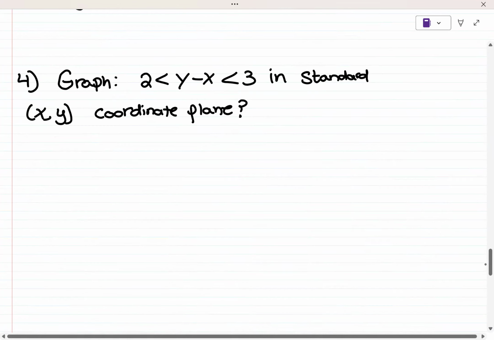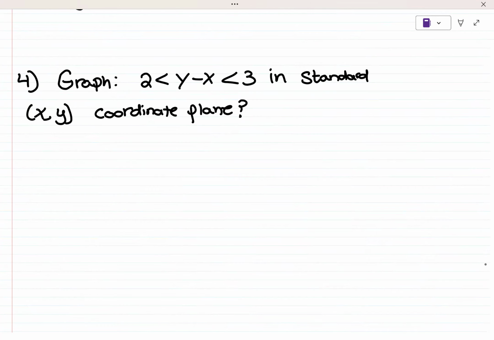Okay, question 4. It is a multiple choice. It says graph, but I didn't put the multiple choice in. So question 4 says graph 2 is less than y minus x is less than 3 in the standard xy coordinate plane. So how do you do this? Can you put this exactly in Desmos? Well, yes, but not yet. What you've got to do first is